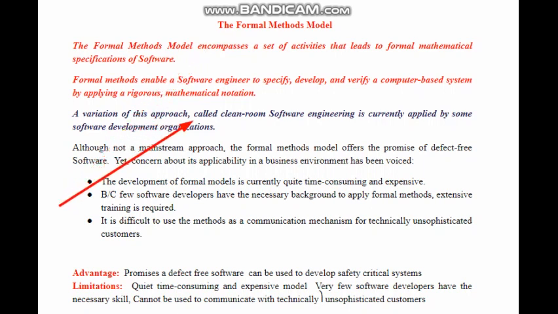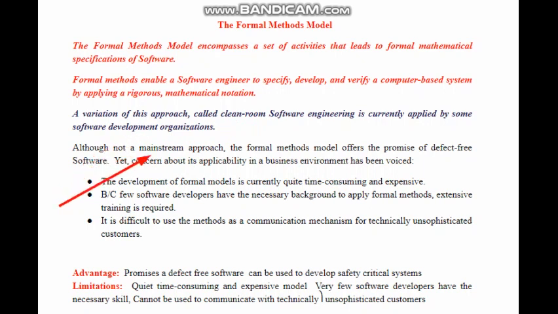A variation of this approach called cleanroom software engineering is currently applied by some software development organizations, right? The cleanroom software engineering approach also falls under formal methods. It is also called cleanroom software engineering development.